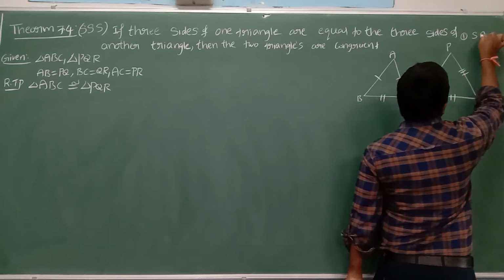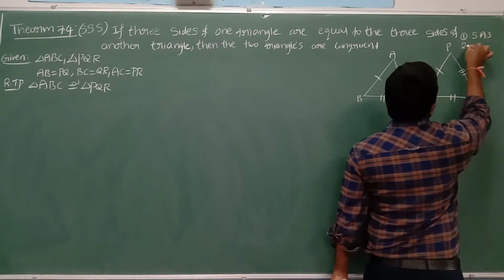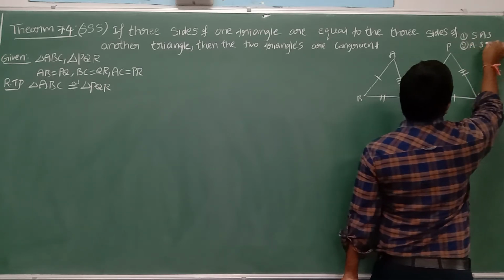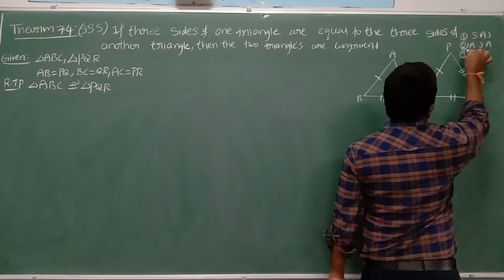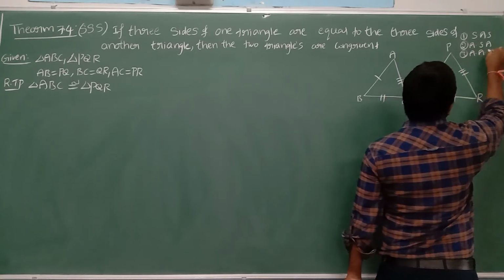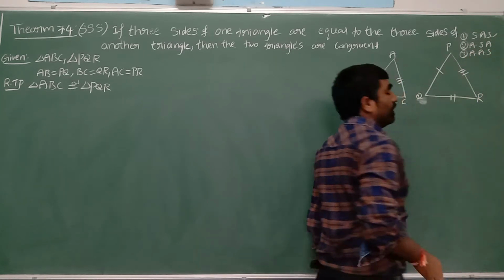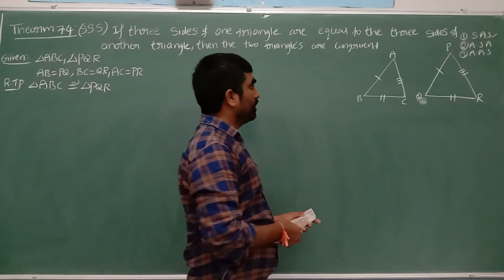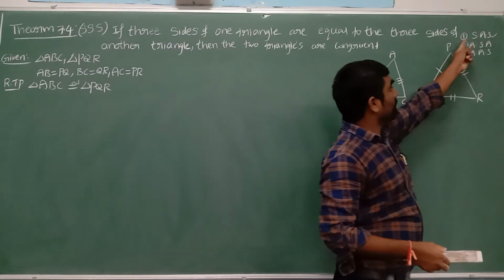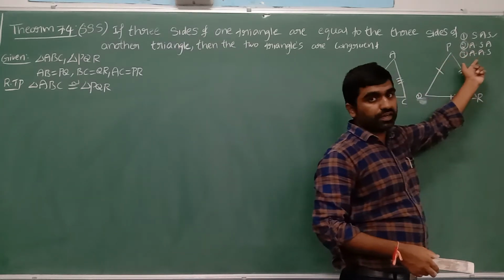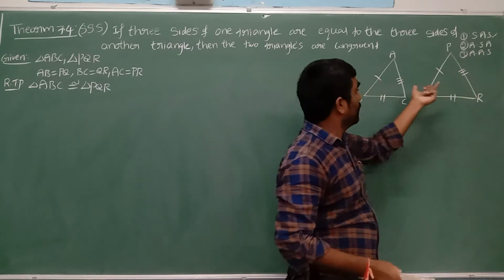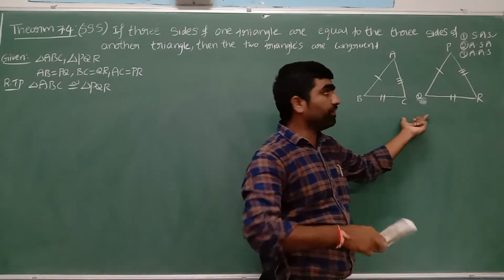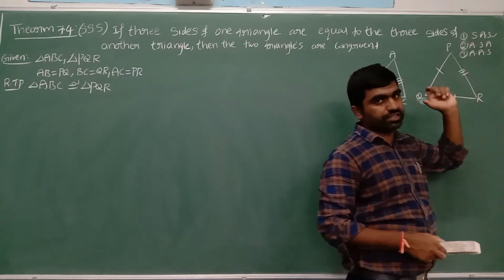We will write them once here, if possible, to use in deriving this. One is side angle side we learned, and one more is angle side angle also we learned, and the third one we learned is angle angle side. So the first one is an axiom, the remaining are theorems. Already we know these three conditions we proved, and while deriving the proof of this you can take the help of any one condition.